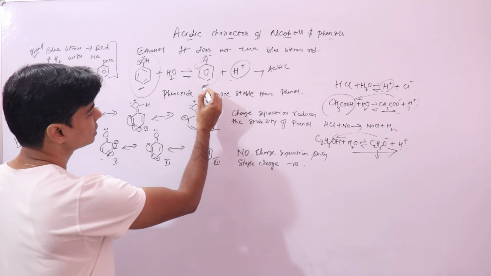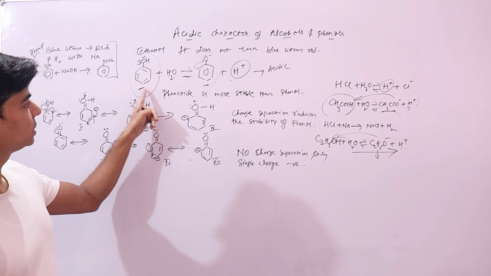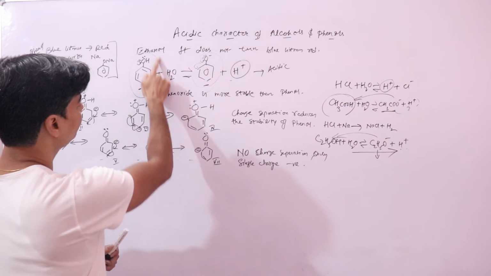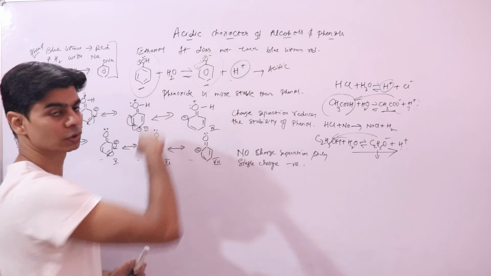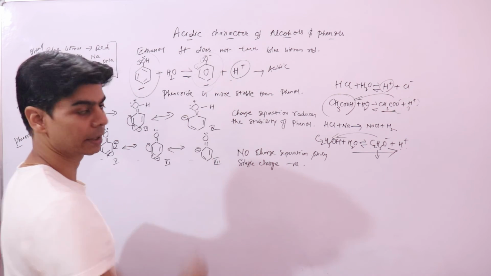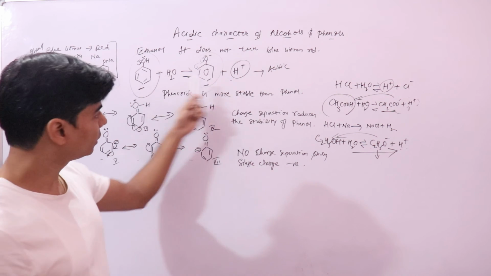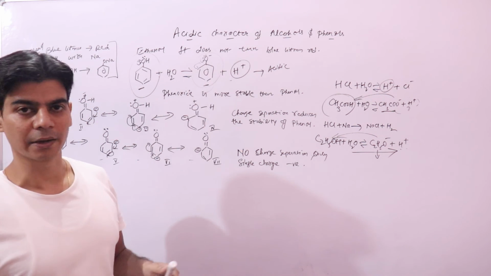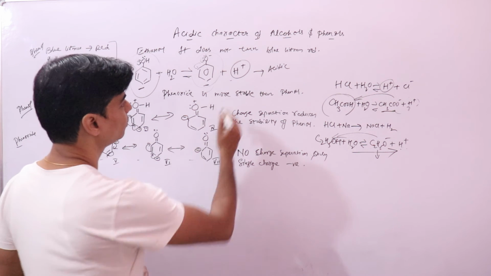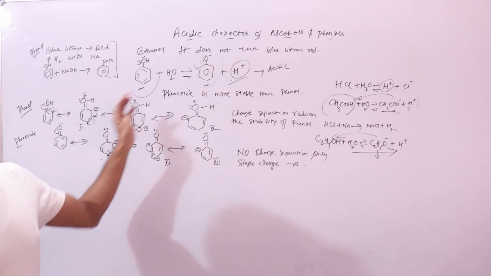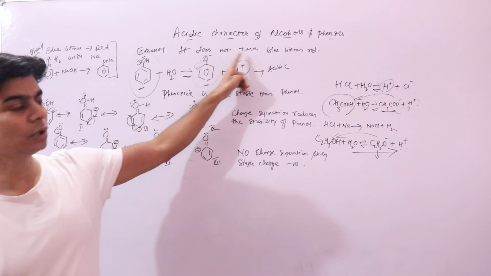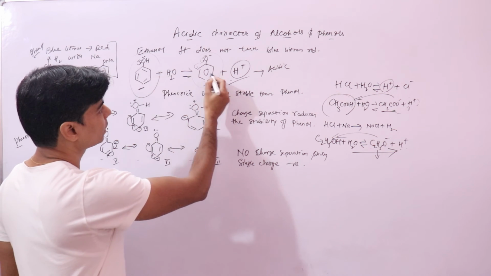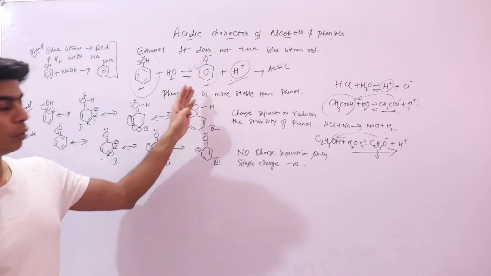Now since this is more stable than this, we know that every system will try to achieve stability. That means this phenol will ionize to give you phenoxide ion, along with hydrogen ions. That means the forward reaction is favored because of the greater stability of phenoxide ion. So you have more hydrogen ions in this direction. In the forward direction you have more hydrogen ions. That is why your phenol is more acidic